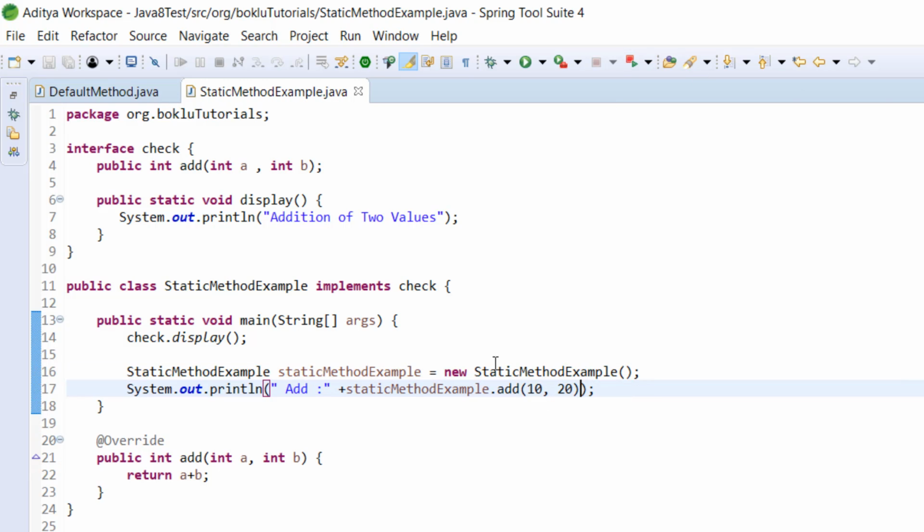So what we have done, with the help of a new operator, we have created a static method example reference, and with the help of that reference, we are calling this operation and providing two values, 10 and 20. Now let's execute this code.